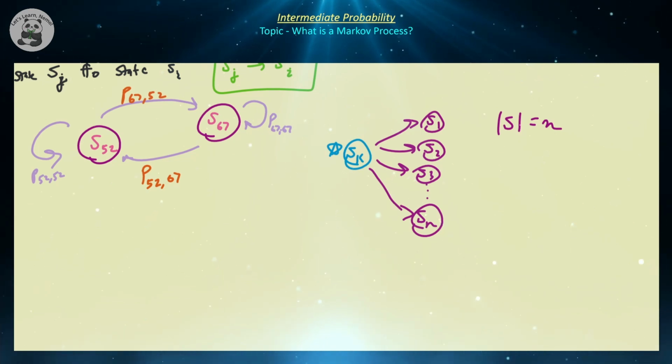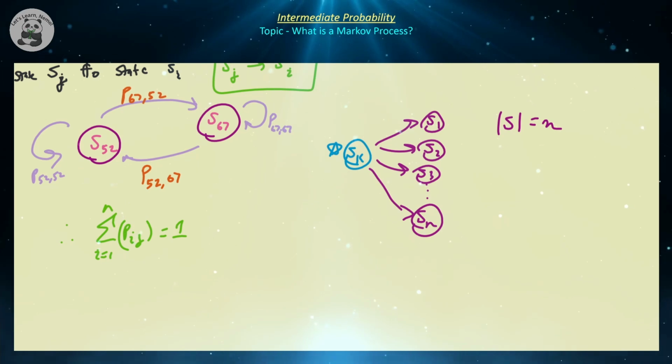So if we're defining based on this convention, then the sum from i equal to 1 to n of Pij is going to be equal to 1, because it's summing across all values for which i can go to j or j can go to i, depending on which is your focus. So for example, if we're focused on Sk to S1, what is that probability? Where are we going? We're going to 1 and we're coming from k. And here we're going to 2 and we're coming from k. And all the way down to the last one, we're going from n and we're coming from k, right?